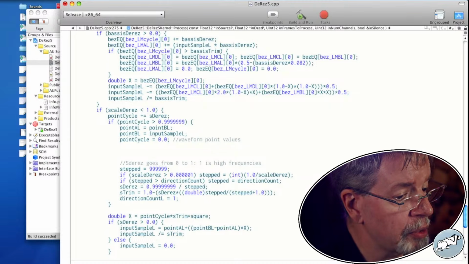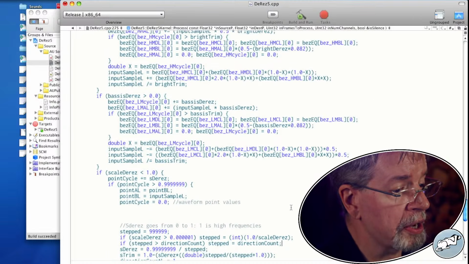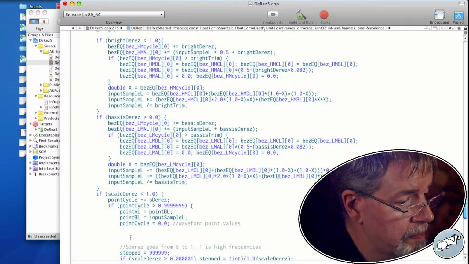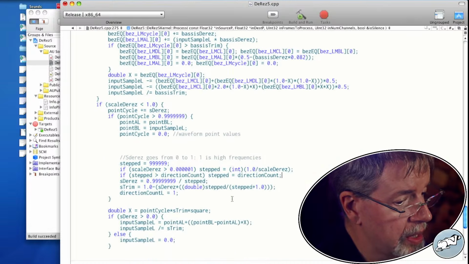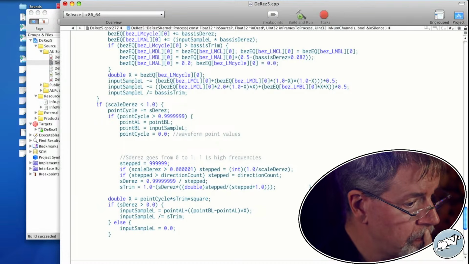And direction count can only be 1 or larger than 1. In fact, we don't need to reset it here. We reset it here. We don't need to reset it here at all. That's not how this works anymore.